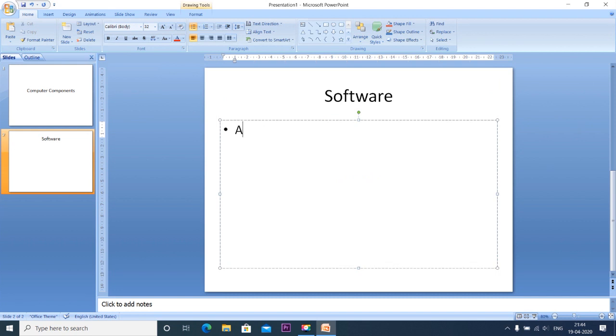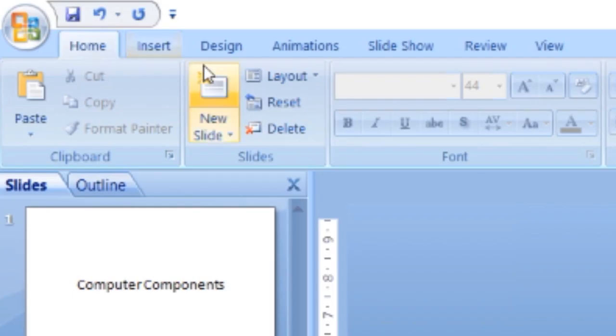So if I start typing in this area, the bullet point will be created by itself, and if I go to the next line also, the bullet will continue. Okay, so let us check the options in the menu one by one, like Home, Insert, Design, Animation, and all. But for that,